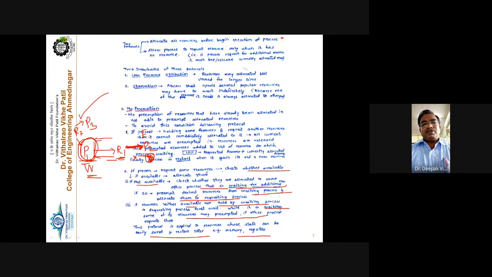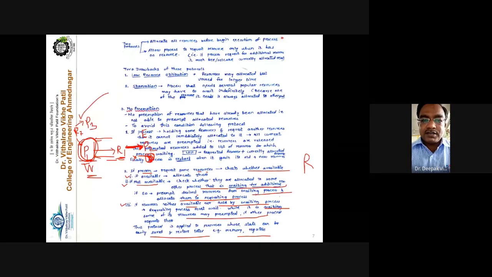So now we will revise this. If the process requests some resources, we have to check the conditions. This is the first condition, this is the second condition, and this is the third condition. When a process requests resources, we check the availability of the resources. If the resources are available, no doubt you directly allocate the resource to the requesting process. First condition is fulfilled. Now the second case: we check the resource, and that resource is allocated to a process P2 that is currently in a waiting state. If the currently holding process is in a waiting state, then we remove that resource R and assign it to the requesting process. This is the second case.